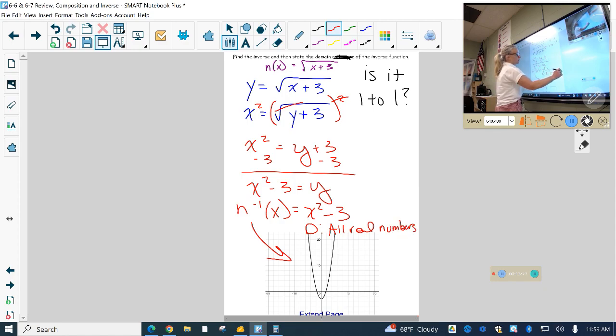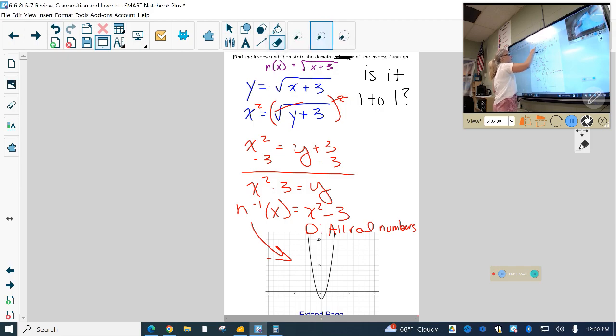Okay, and is it one-to-one? Well, if we were to reflect that over the y equals x axis, we would say no. However, because of the way it's written, there is no plus or minus. It can be, because the inverse of this one would be a function because there is no plus or minus. So we would say